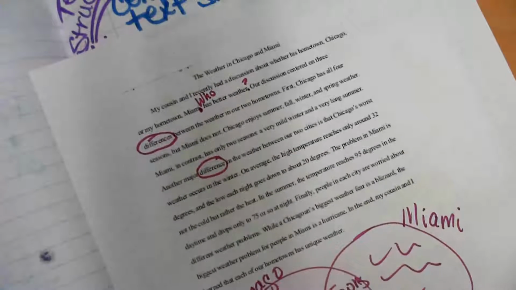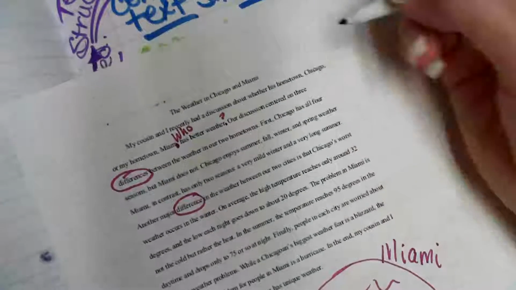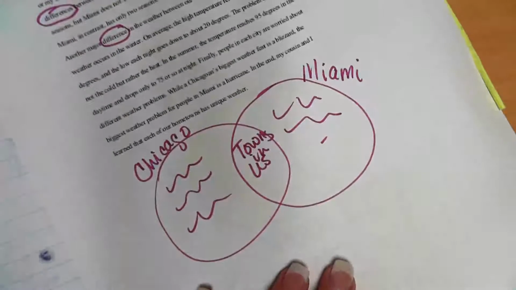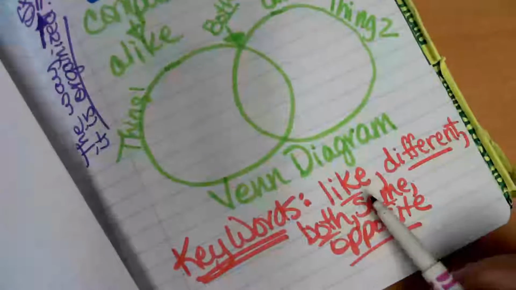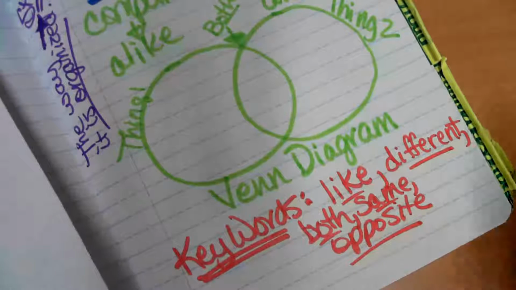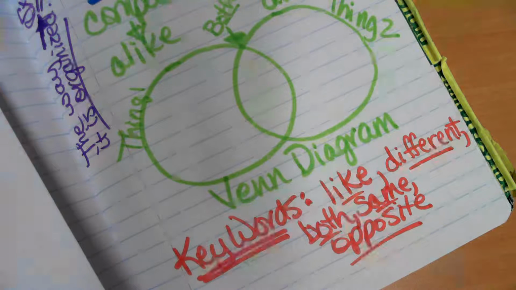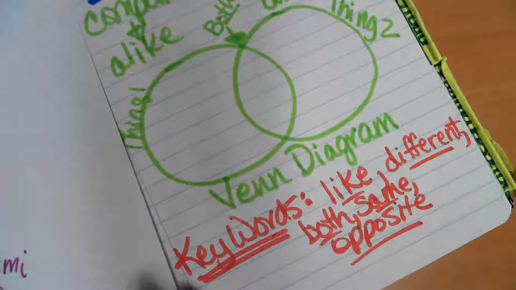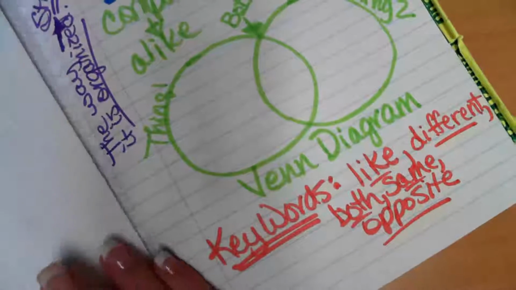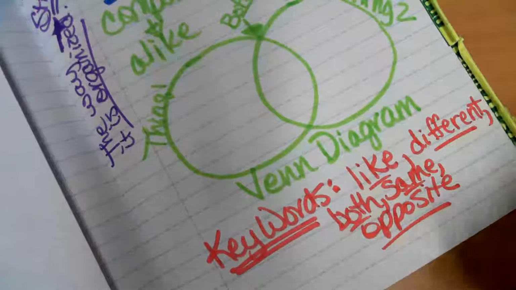What I want you to do is look through your nonfiction books that are all around the room and see if you can find even just a section or a paragraph that is a compare and contrast type of paragraph. And remember, the keywords you're looking for are where they're going to describe how they're like, different, both, same, or opposite. I'm going to load a Google Doc for y'all to download too. It should be in your reading Google class. I want you to open up that Google Doc, your own copy of it. And when you find a book that has a compare and contrast text structure in it, I want you